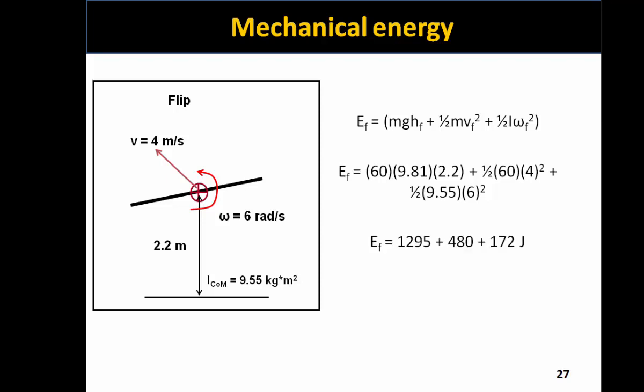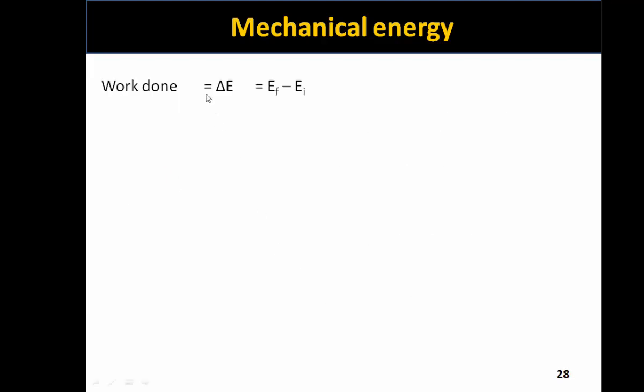So working through our terms and summing up the three energy values, we have a final energy of 1,947 joules. This is just the final energy state, but in order to capture the work done, we have to take into consideration the initial energy state of the gymnast. So we subtract the initial energy value from the final energy value to get a complete value for the work done, which is